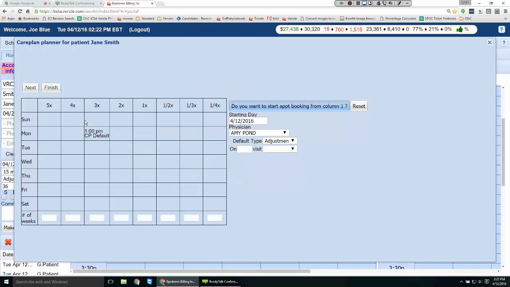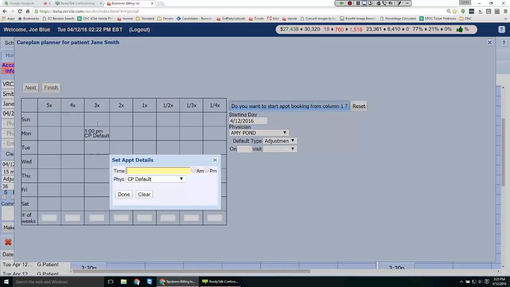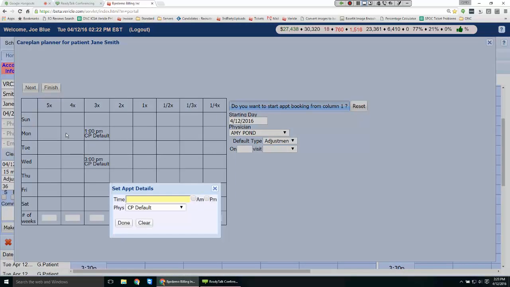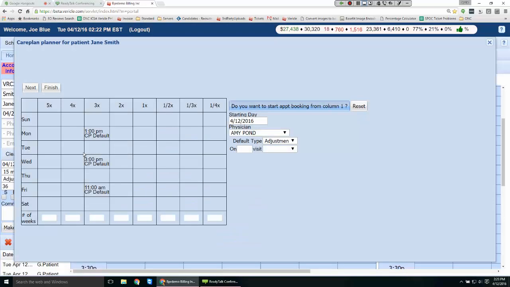and Wednesdays at 3 and then Fridays at 11. So all I'm doing is saying I'm under the 3X column, which means that they're coming in 3 times a week. Obviously the 5 times or the 4 times or 2, how many times a week they're coming in. Once you get to the 1/2, 1/3, that's once every 2 weeks, once every 3 weeks, and once every 4 weeks. So I have my 3 visits, and now down at the bottom, I'm going to say how many weeks